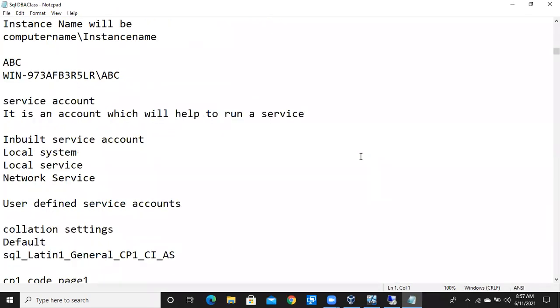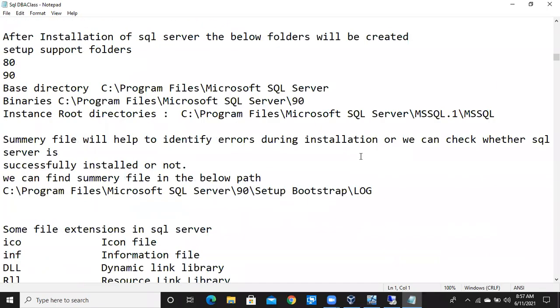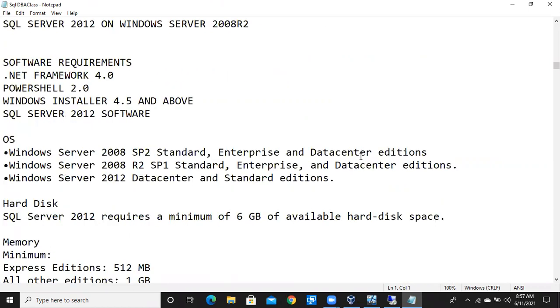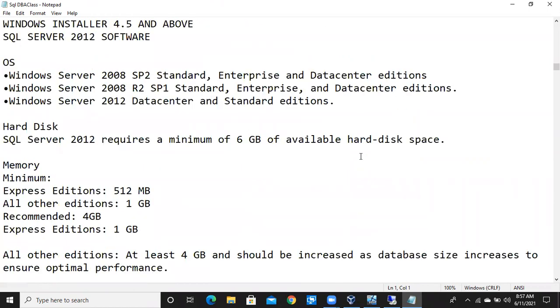As a DBA, we have to give permissions to the developers. In case sometimes they don't have permissions, they will ask us to run the script, so we are going to run the scripts. For that, they are going to raise a request. Those requests we can call deployment tasks or deployment requests. Once they raise the request, we have to take care of it, and they will attach the scripts, whatever scripts we have to run on the server, in the ticket. Just download that script and copy it to the server.